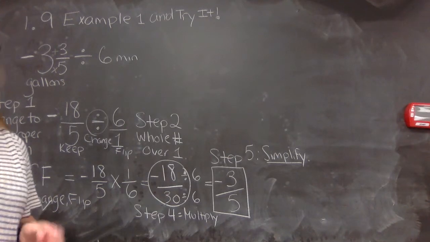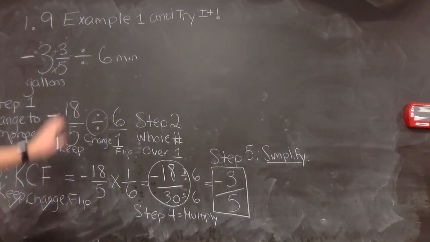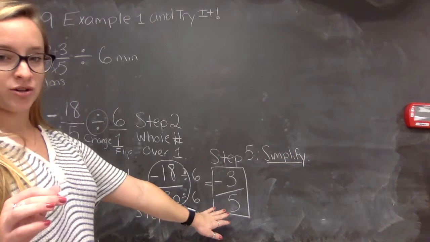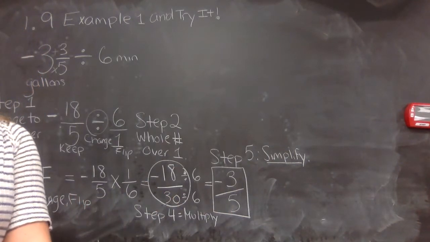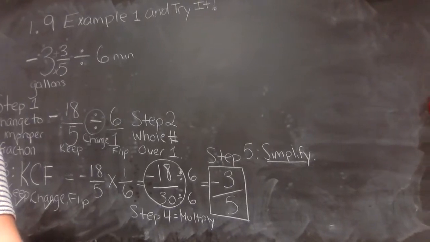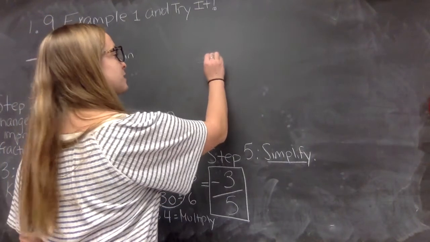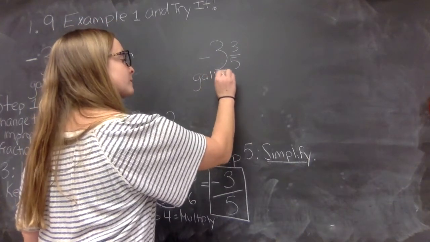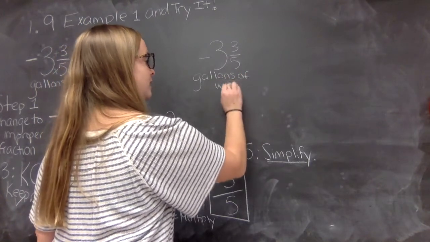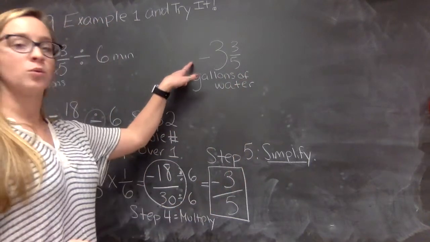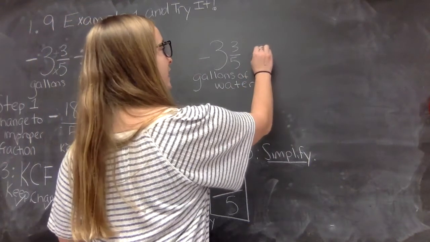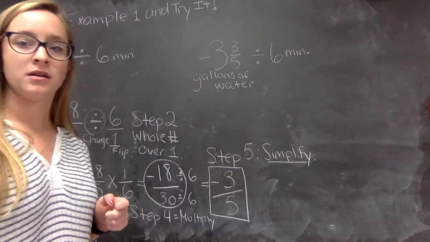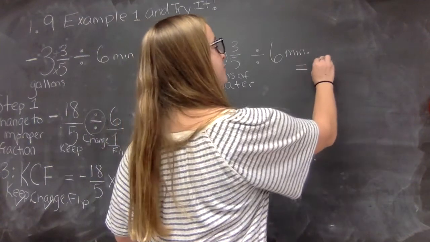Okay, so now I'm going to put it all back together because I have my original problem up here with all of my work to my answer down here. I'm going to slide over just a little bit more so we have a little bit more room. If I look at this problem again, I have -3 3/5 gallons of water, and again, we're starting with the negative because we're losing those gallons, divided by 6 minutes. And we would have an answer of -3/5